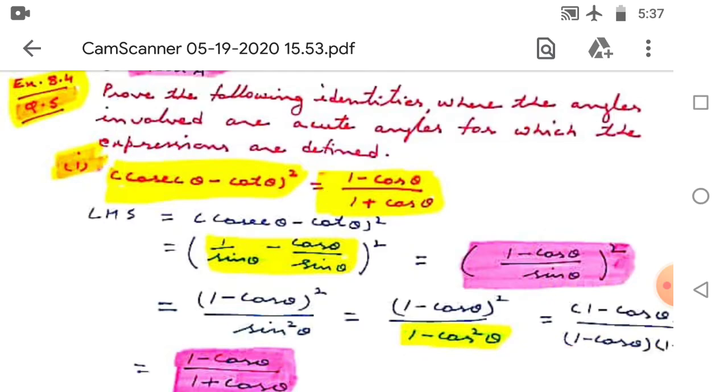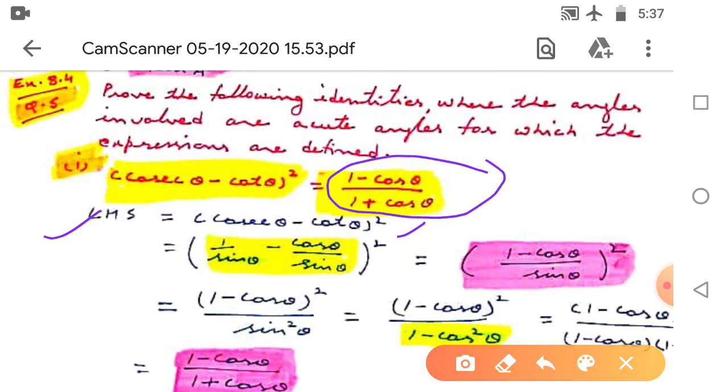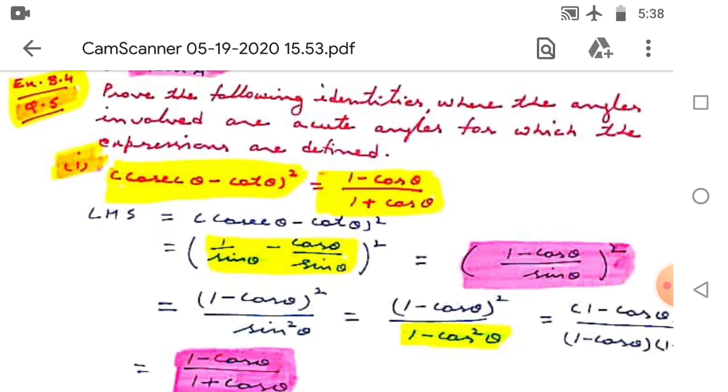Clear? So, look, simple. Take LHS. We start with LHS and we keep RHS in our mind. This is the basic, very important first step. If we are starting with the LHS, you have to keep RHS in your mind, what we have to find, or where we have to go ultimately. We have to go to RHS. So what is given in our RHS, that should be in your mind.